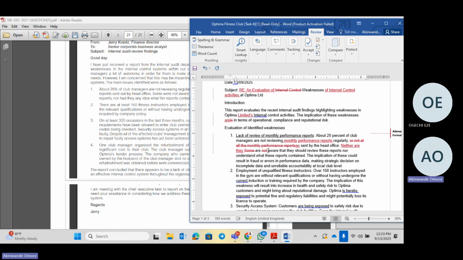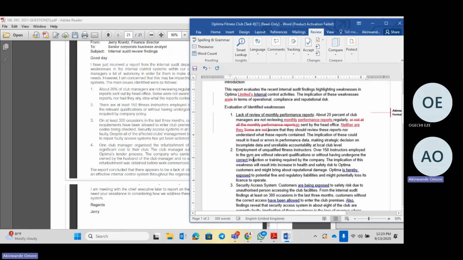You see that it makes sense now. Yes. The implication of this could result in fraud or error in